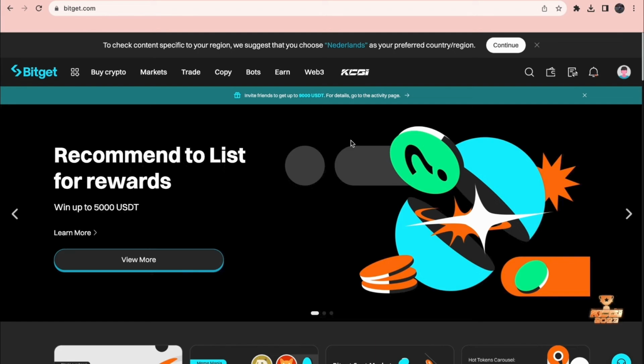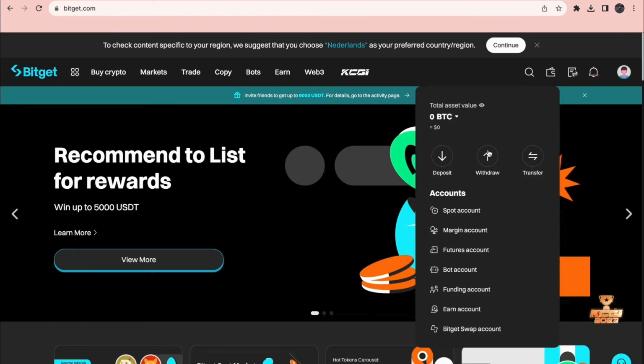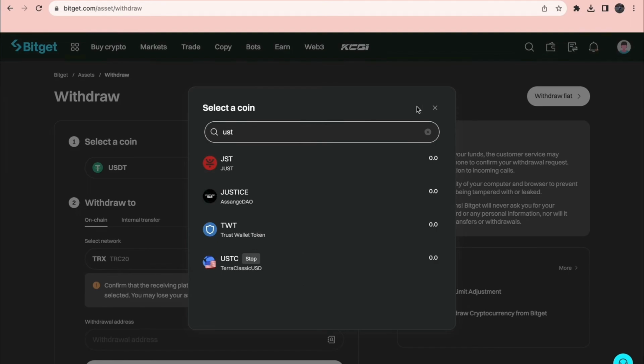To withdraw money from Bitget, you can choose to withdraw either cryptocurrencies or fiat currencies like euros or dollars. First of all, you have to go to the Bitget website and log into your account. Click on your wallet and then select withdraw. If you want to withdraw cryptocurrency, choose the cryptocurrency you wish to withdraw, enter your receiving address, and select